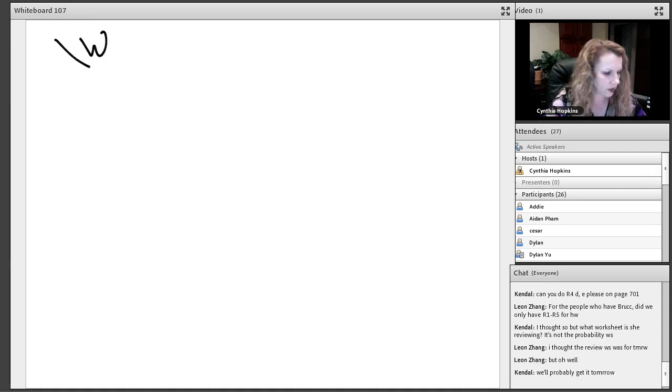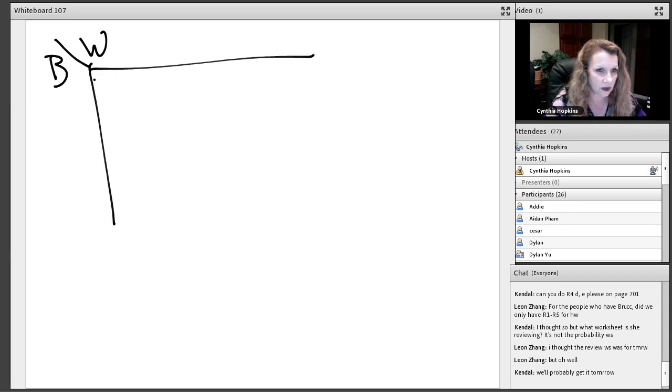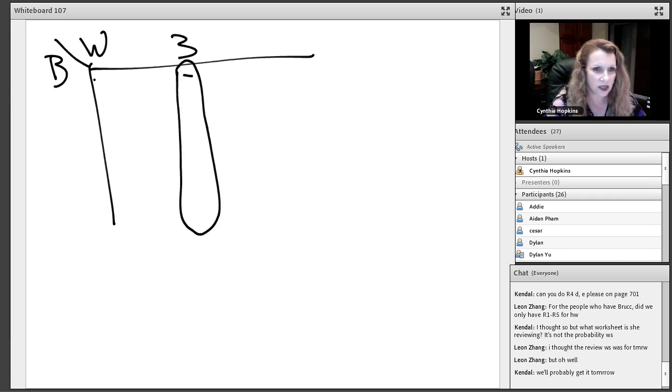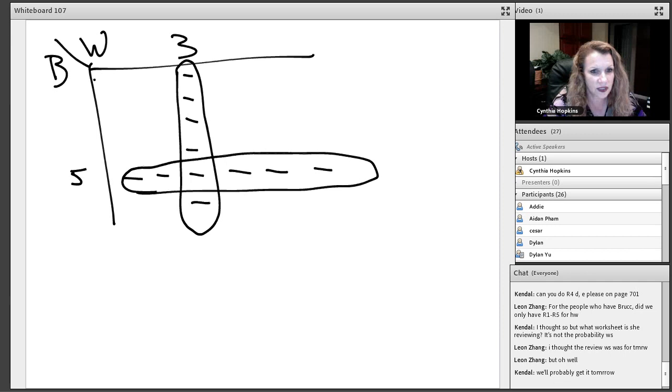Okay, so if the white die, let's go like this, white and black, I'm not going to do the whole chart, but if the white die is a 3, then aren't there 6 possible, right? 1, 2, 3, 4, 5, 6 of those 3s that could come up in our rollings, right? And then for the black die, if it's a 5, aren't there 1, 2, 3, 4, 5, 6 of those